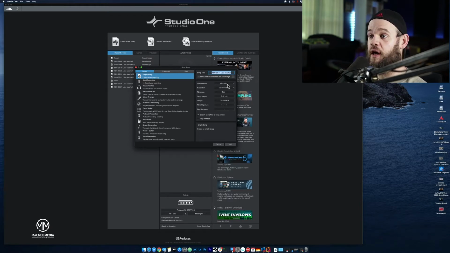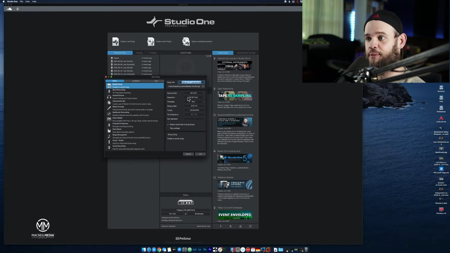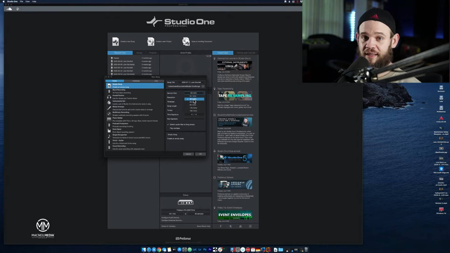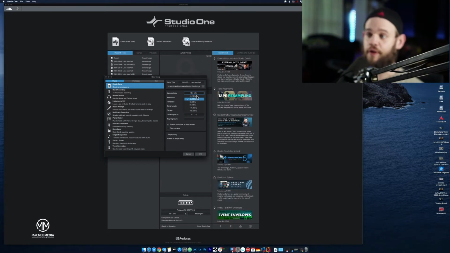So here we can set some things for the project, right? Here's where I can set my sample rate. So the device is generally set to 44.1, but here I can override that to 48K. Now, there's probably only two of these you might consider using, and they're 44.1 and 48K. If you're doing audio music, 44.1 is the sample rate of the disc itself, so going beyond that doesn't buy you too much in the way of benefit. If you're doing video, DVD or Blu-ray or something like that, you can do 48, or some people go up to 96. I only use 44.1 and 48, so we'll set this to 48